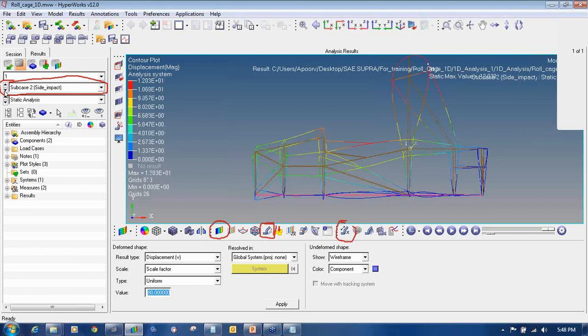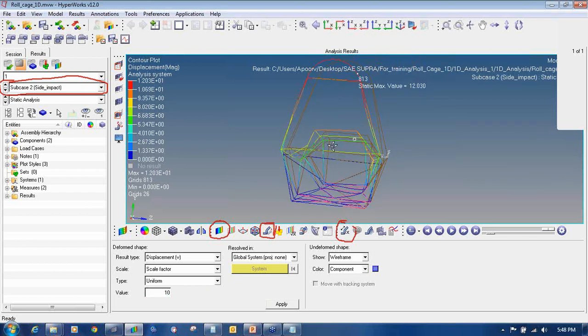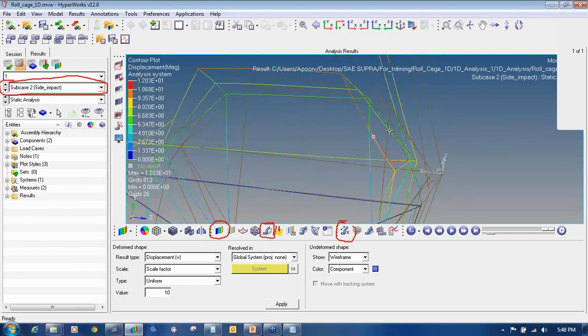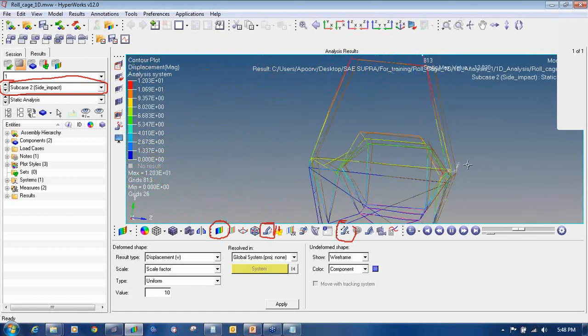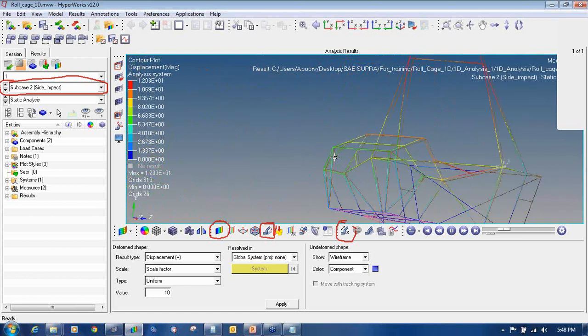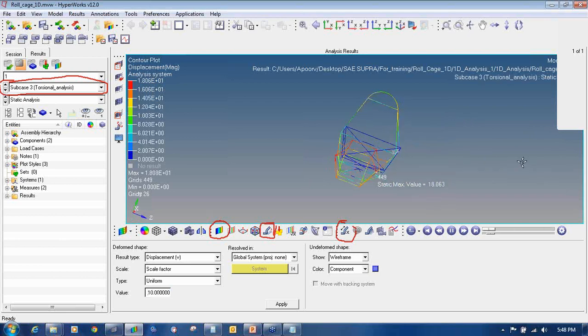For the side impact, you can see I can change the value to 10. From the side you can see, this is the actual. If I play it, you can see this is the side impact. Then torsional analysis.